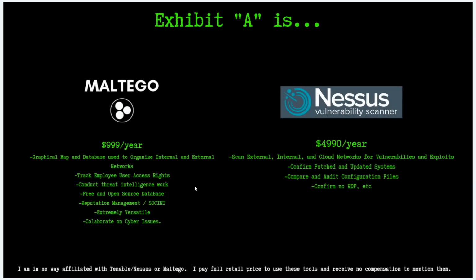So I use 2 products and I pay full retail for these. I'm in no way compensated by them. If you can find a cheaper, better solution out there, please let me know. They're expensive solutions, but ultimately they make this job of managing not only your policies and procedures manual, but your overall cybersecurity infrastructure and your whole program as a whole easier. Generally, I revolve around these 2 pieces